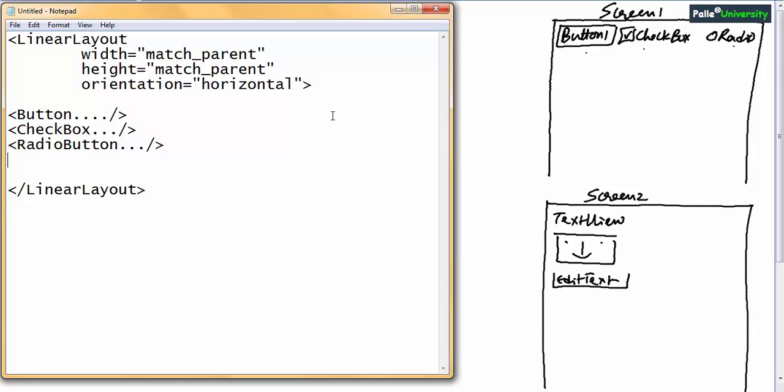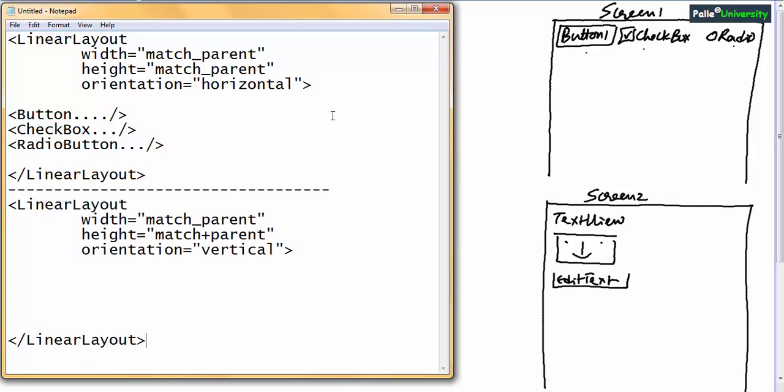Similarly, if you open the second screen design XML, it will look like this. Let me write the code here. For the second screen design, again the root element should be linear layout, where orientation is vertical, and within this root element, remember, all these three elements should be in between the starting tag and the ending tag. You should not write outside the ending tag, or before the starting tag.